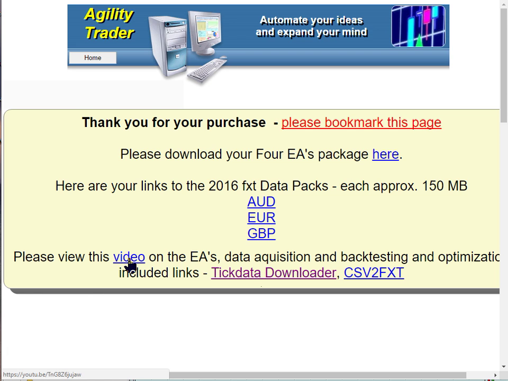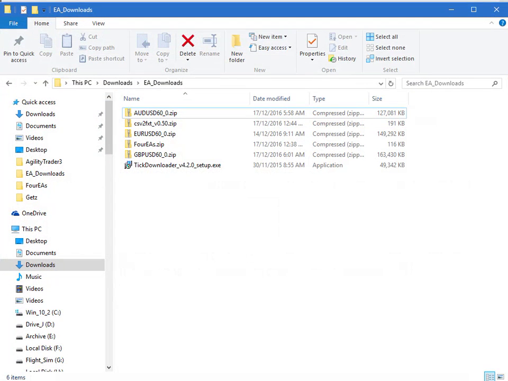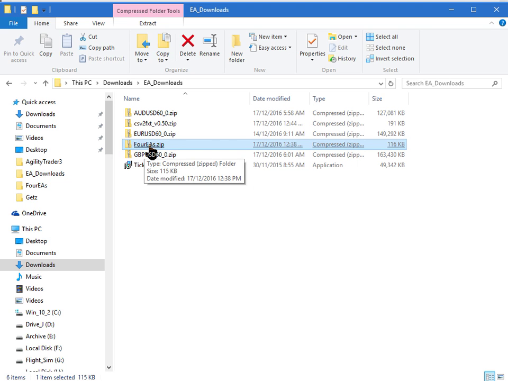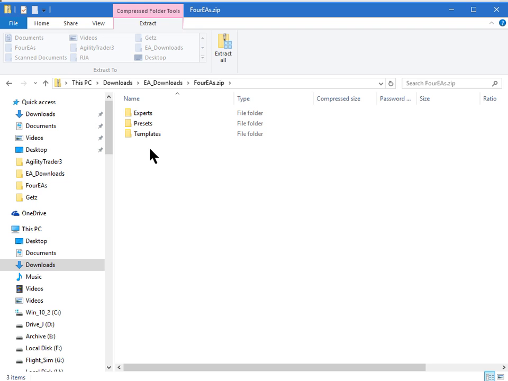I firstly wanted to discuss the installation of the 4 EAs. So what we'll do is bring up the EAs already downloaded. Now here I have all these hyperlinks downloaded, and these are all the files that are a result of those hyperlinks. The 4eas.zip is here. What I'm going to do is click on that to show you the file structure within